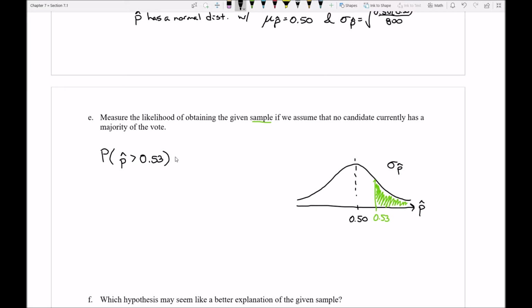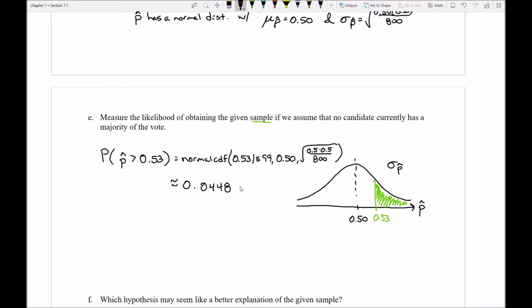And if I go ahead and measure this, since I have a normal distribution, I can use a normal CDF. I can start at 0.53. I can go up to 1E99. My mean is 0.50, and my standard deviation is the square root of 0.5 times 0.5 over 800. Now I'm going to leave it to you to double check my calculation here, but I believe I get back a value of